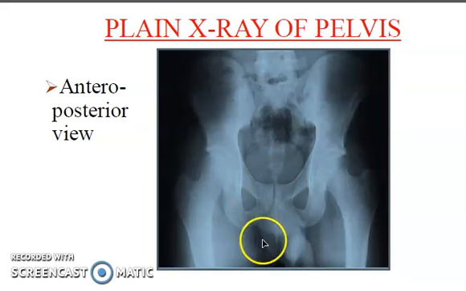Then look for the soft tissue shadows which are seen in this. Mainly in the pelvic region or perineal region, you are going to look for the shadow of the external genitalia, from which we can identify the gender of the patient. In this, we can also see the gaseous shadow, which is of the gas present in the rectum and sigmoid colon. And then you search for any abnormal shadows which are seen on this radiograph. So in this way, you are going to read the plain radiograph of the pelvis.